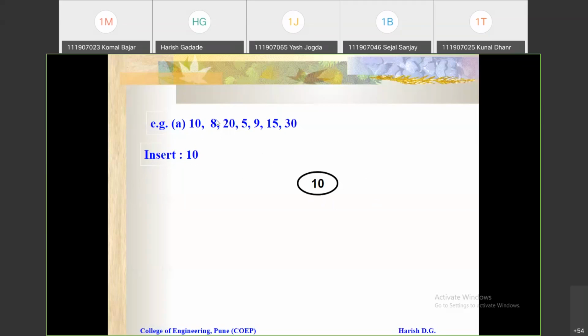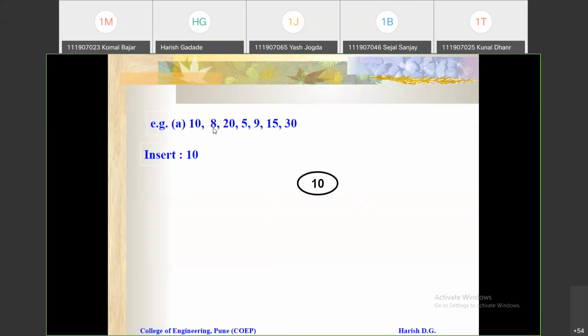Now next, suppose you are inserting that 8, right? So where can we insert that 8? Just compare this 8 with this 10. If this 8 is smaller than this 10, then attach this 8 to the left of this 10. Suppose this value is greater than this one, then attach it to the right of this 10, right?